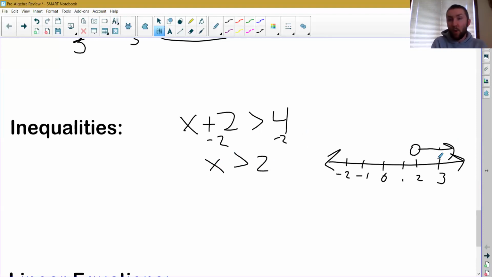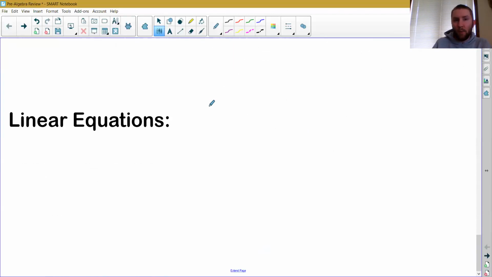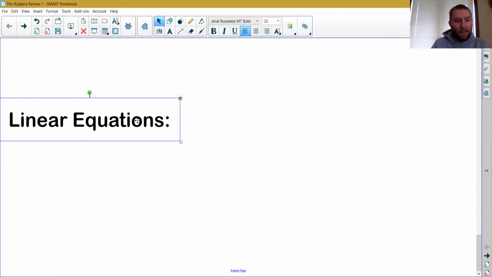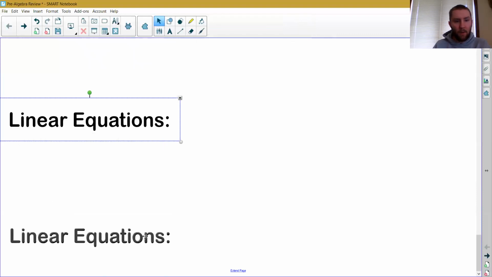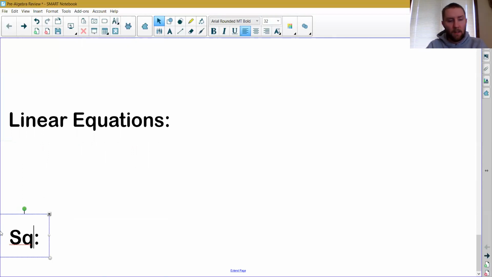So that's what we did with inequalities. We solved them, we put them on a graph, on a number line, so we could see all of the infinite solutions, all the numbers represented that are bigger than, in this case, 2, okay? And then we've also dealt with linear equations more recently. And then the only other thing we've dealt with since we've been in our distance learning setting is square